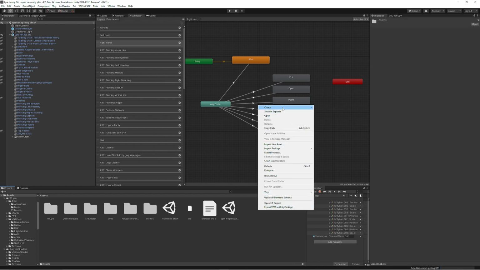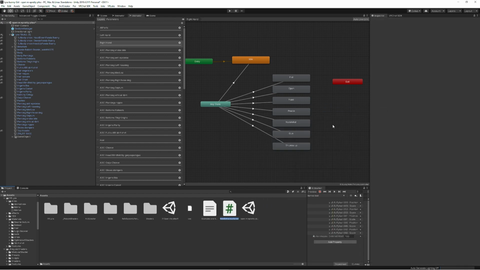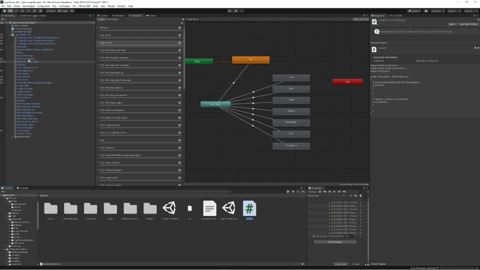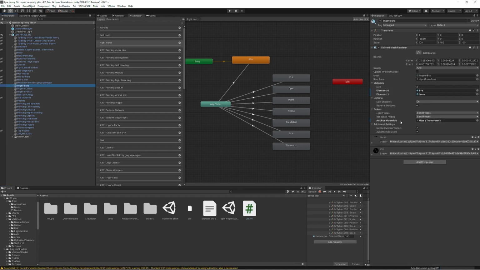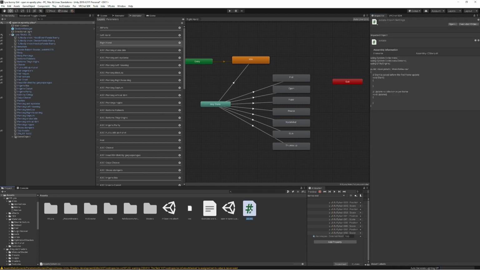So let's say that we do create here, right? We create a C# script. We write potato. And then let's say we click on add component. Let's say we want to add a new script. Actually, you know what? We can just pull this one in. There you go. Now we have this script here, right? Now if I click upload, it's going to upload the avatar, no problem whatsoever. But if I am to delete this,